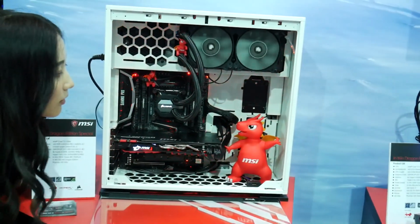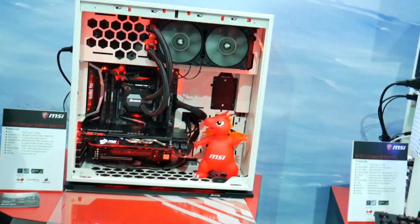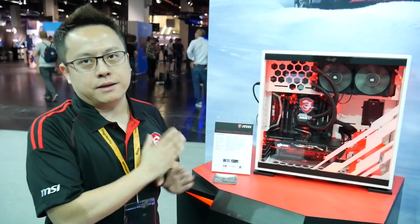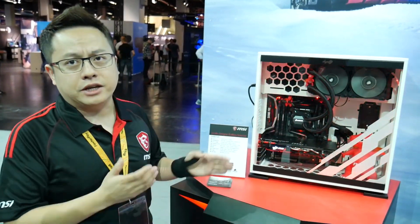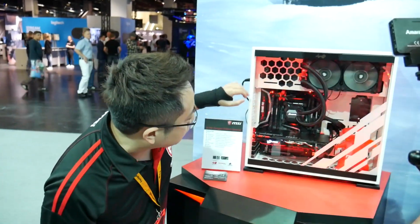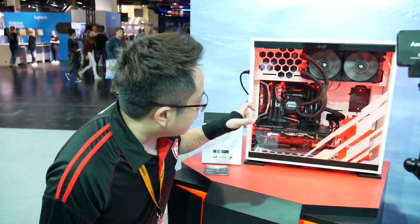You can see the carbon pieces that attach to it. Those actually also come in silver and gold in the same box, so you can change those out to change up the color scheme a little bit, and you can even 3D print your own. It comes with little instructions on how to take it to a place that can 3D print, and you can put your own name or logos or colors or whatever you want to do to make your custom build possible. It's got some sweet lighting effects on it as well, so this one's a really good one if you're looking to build that amazing looking